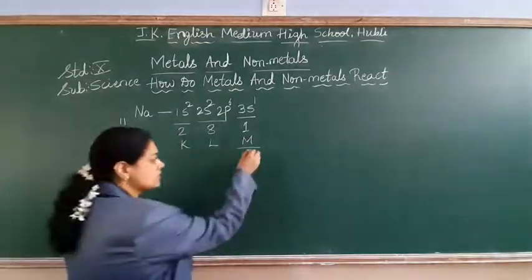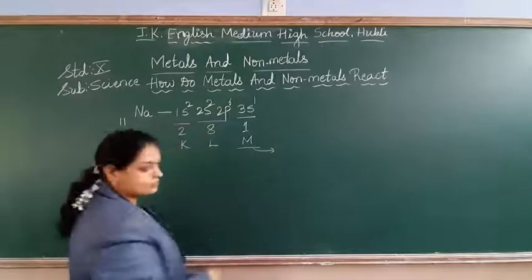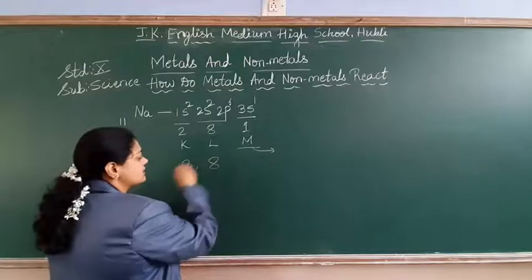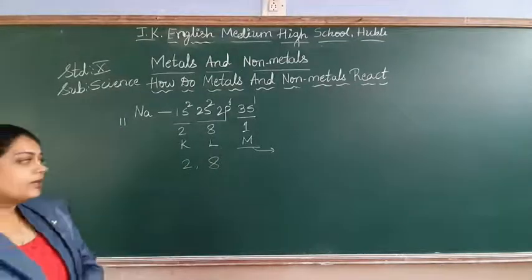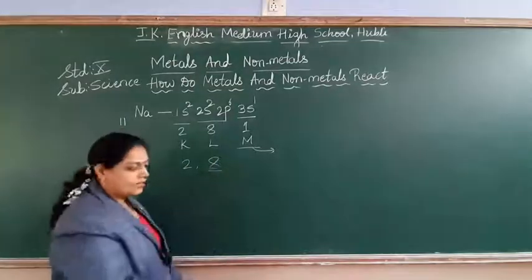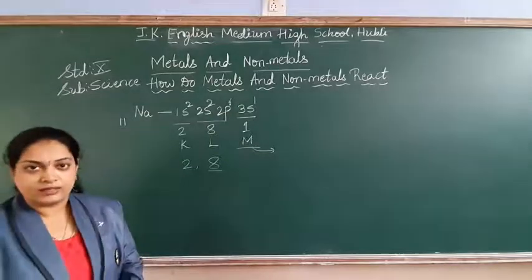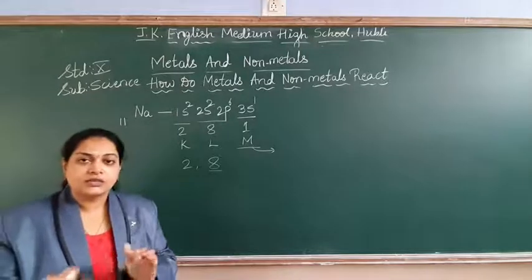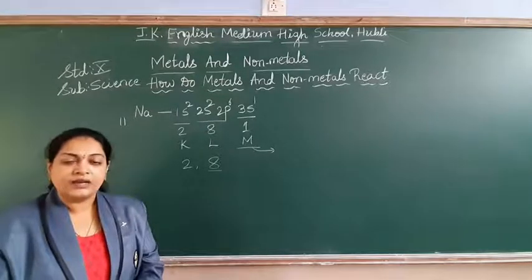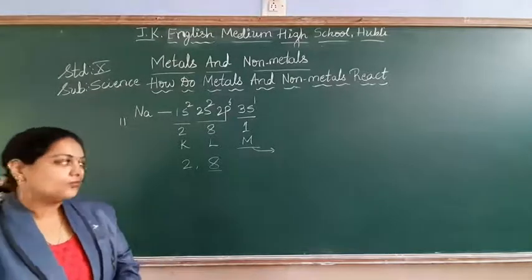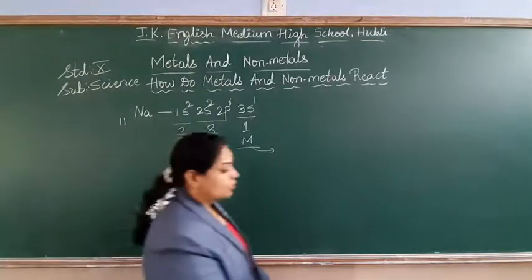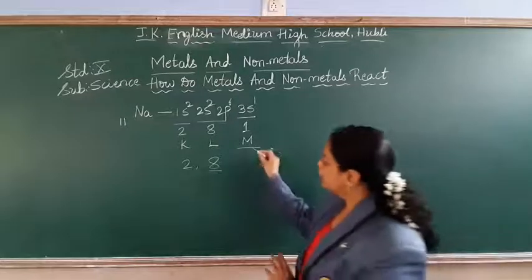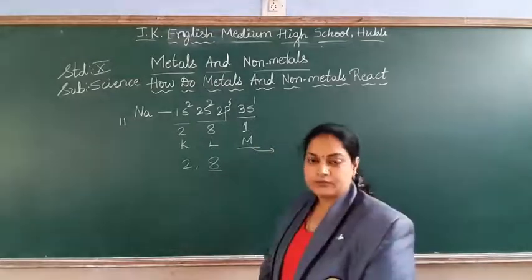As we know, students, this sodium has 1 electron in its outermost shell. If it loses this 1 electron, then what happens? The first shell with 2 electrons, second shell with 8. So 8 electrons in the outermost shell means it will become stable. Right? So it will take the structure of its nearest inert gas. Okay, so this is about a metal when it loses its electron.